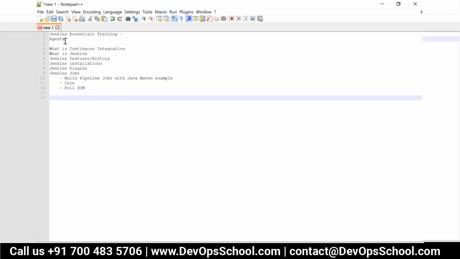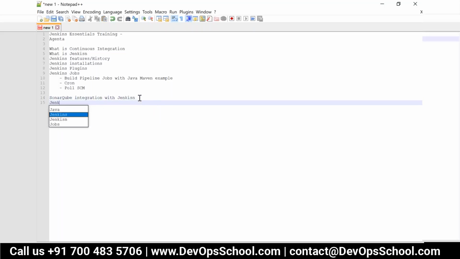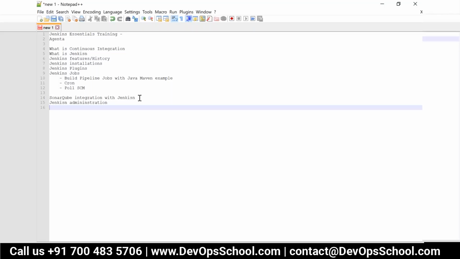And once that is done, I'll be going through SonarQube, SonarQube integration with Jenkins and Jenkins administration, and also a few more, how to configure the tools and